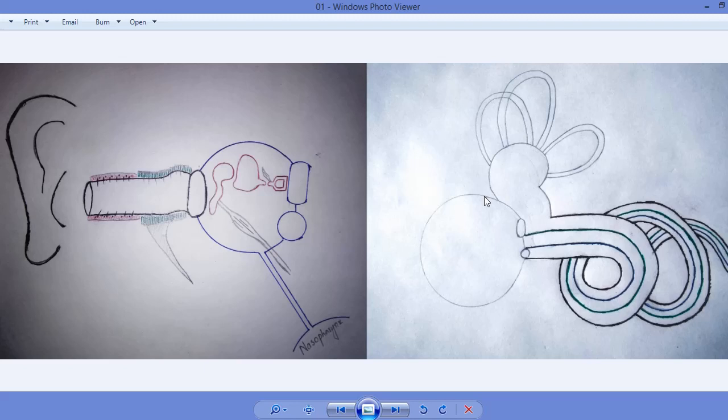As we focus on this diagram, the internal ear starts from this oval window, and the vibration which is transferred from the stapes to the oval window is transferred from this oval window to the perilymph of the internal ear. Perilymph is a fluid which is present inside the internal ear in this area. Going to the detail,